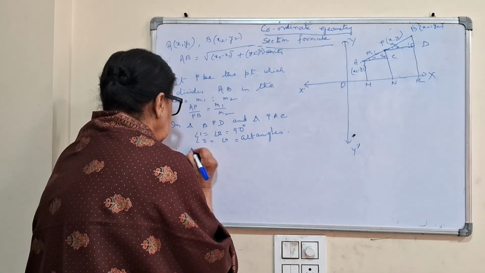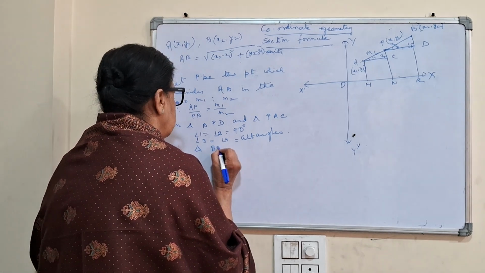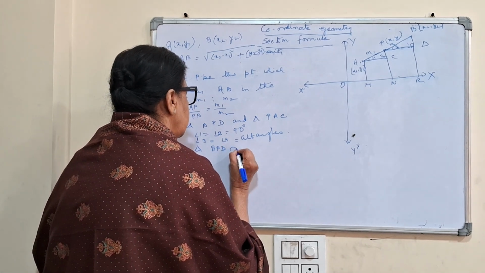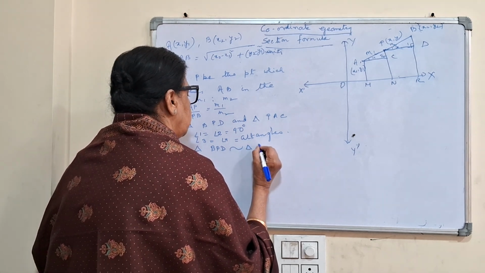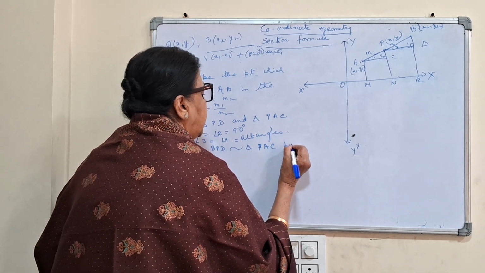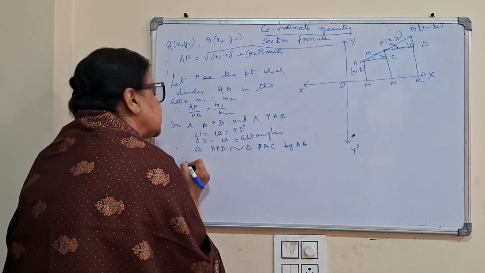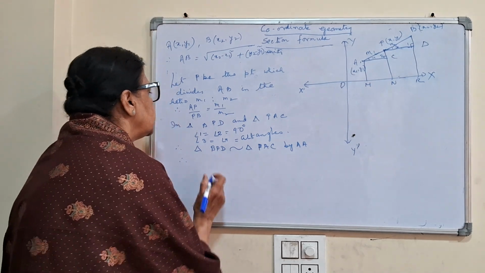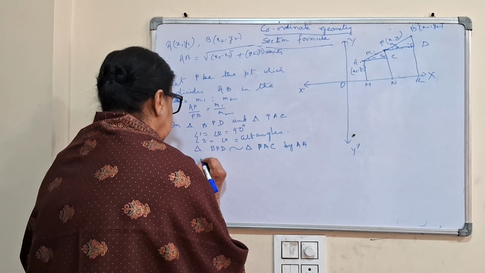Therefore triangle BPD is similar to triangle PAC by AA. Therefore, the sides are in the same ratio. That is, AP by PB